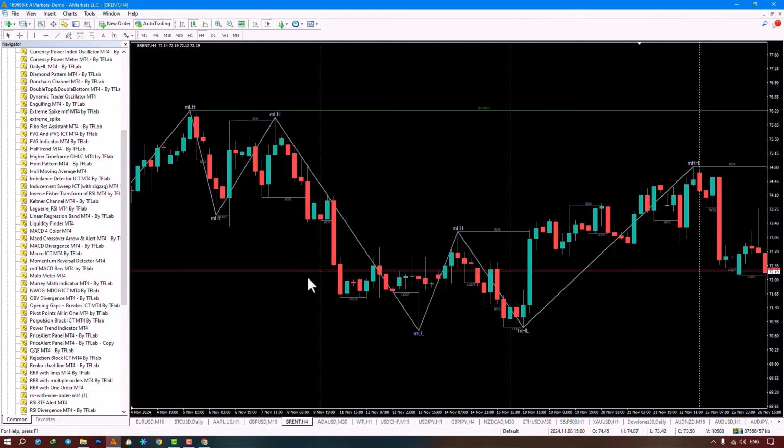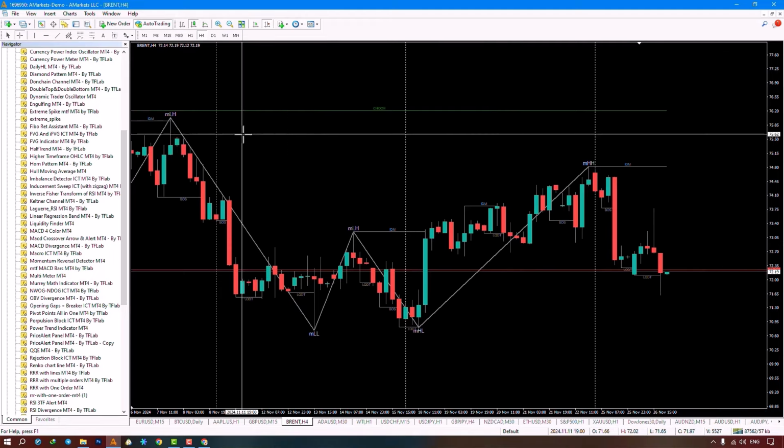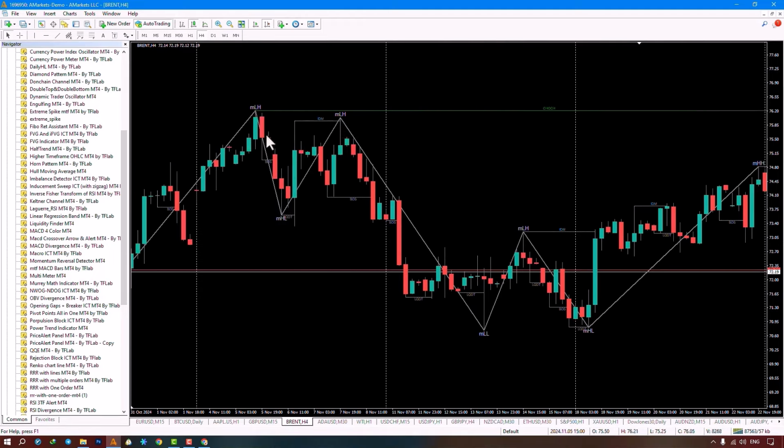IDM means liquidity forms in the market trend's direction. Opposite trend liquidity forms with a shadow, not closing or breaking levels, indicating collection. Liquidity labels convey this, and you can adjust them in the settings. When IDM is written, it means that liquidity has formed in the direction of the market trend. For example, it says IDM here, indicating that the trend has been bearish, and liquidity has been collected upwards with